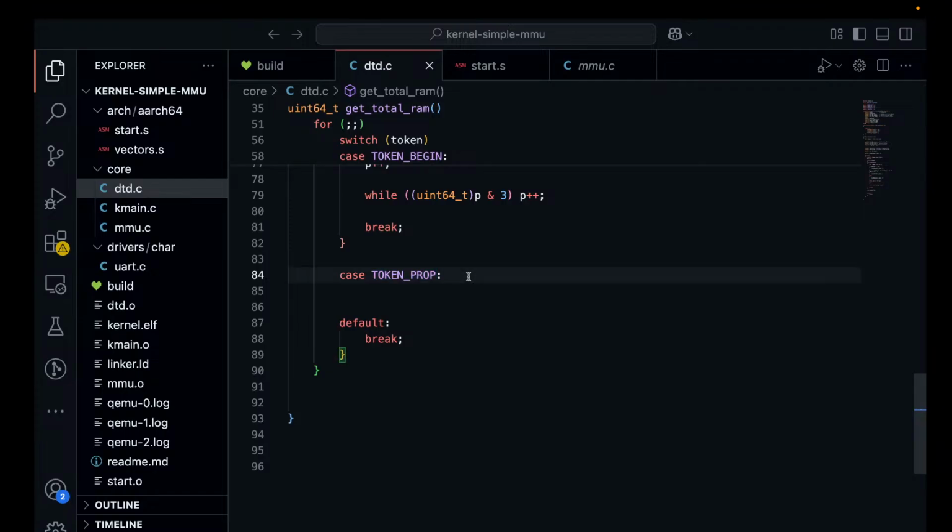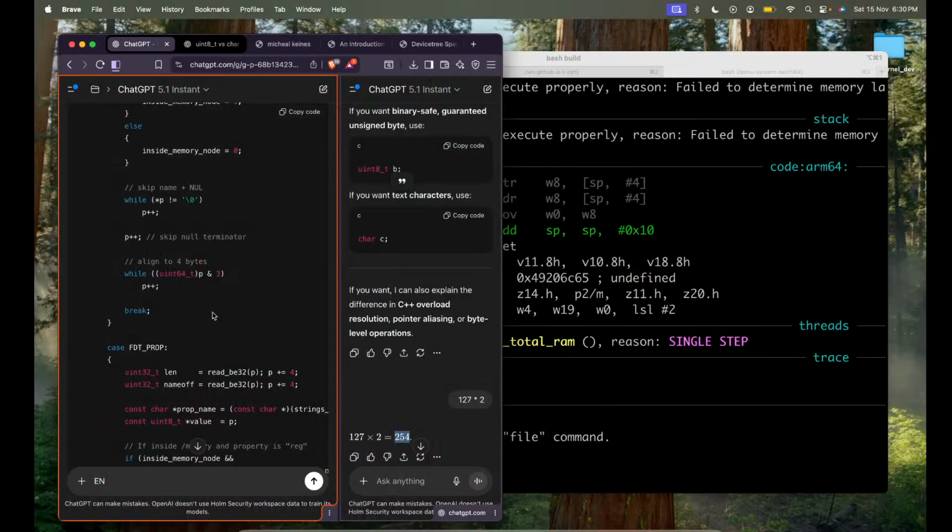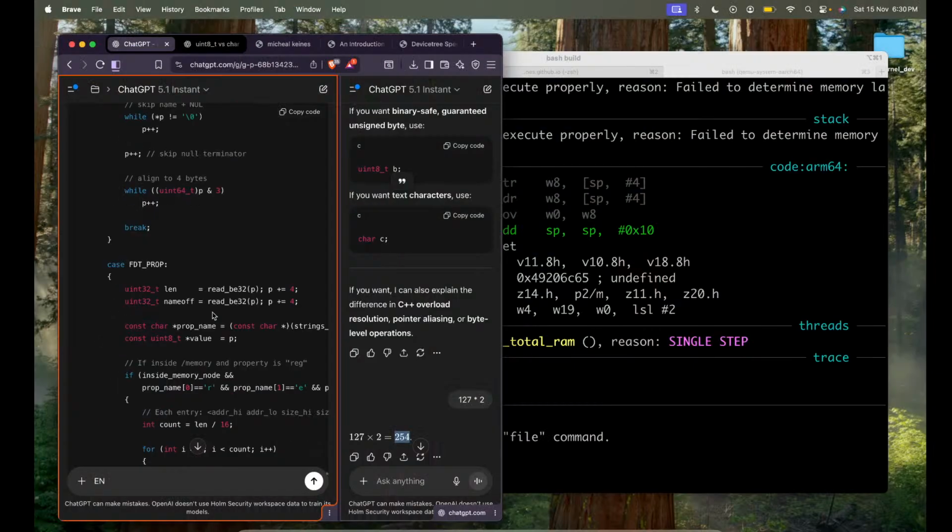Okay, I get it. Now let's see what else we have to do. Now we have to read the length. Now we have to read the name of